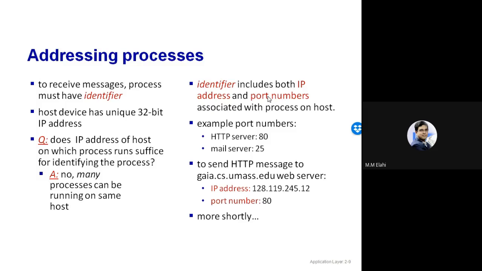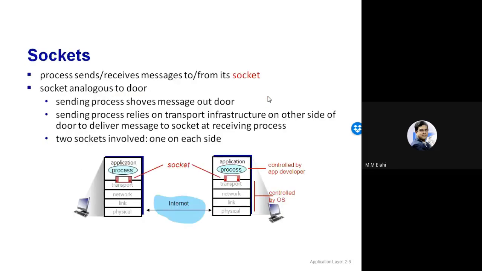So a port number identifies a socket, and to connect to a server, for example a web server, we need both identifications. One is the IP address to identify the device, and at the same time, the port number to identify the particular application in that device. So for web applications or web browsing, we use port number 80 for the server. But as I said, there are actually two sockets on two sides. On the client side, there is a socket. On the server side, there is also a socket.